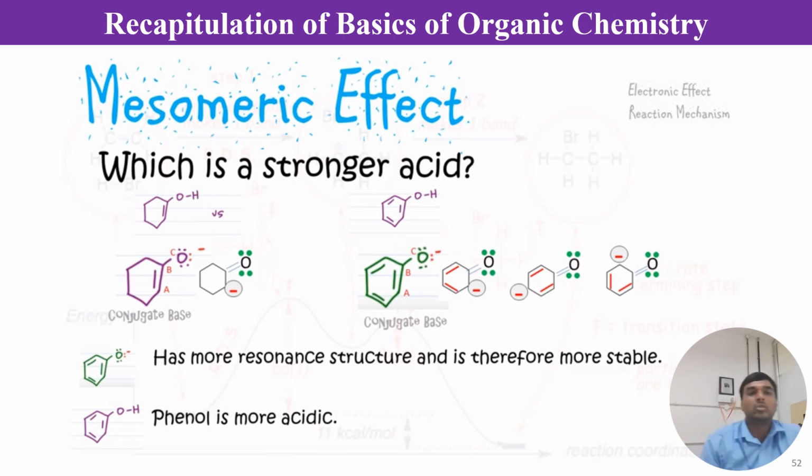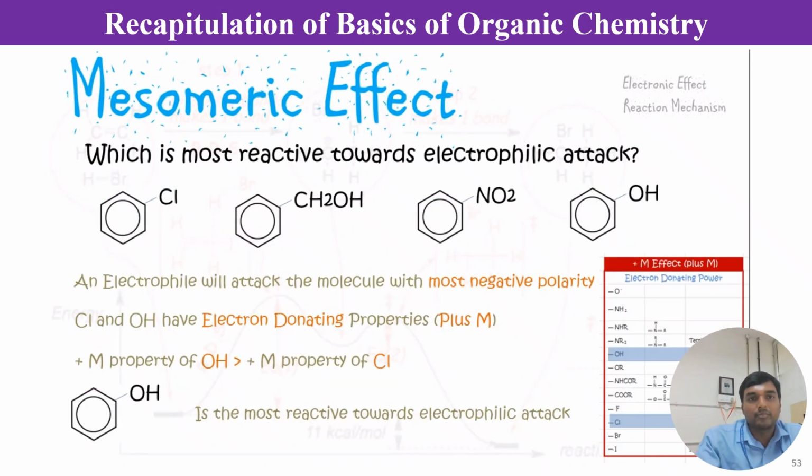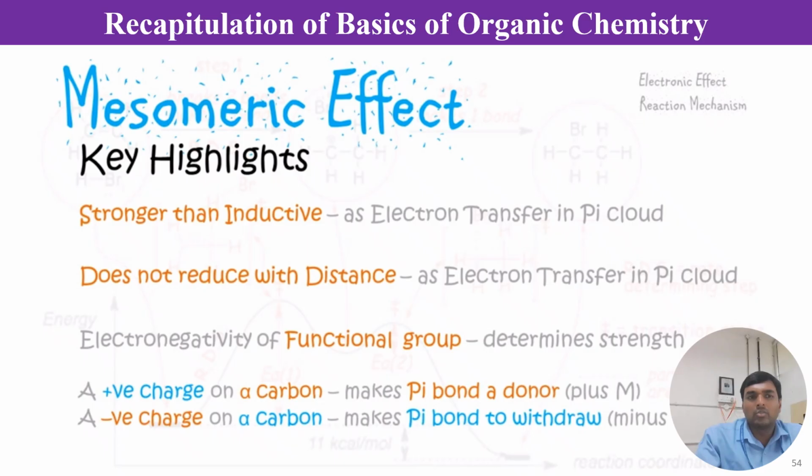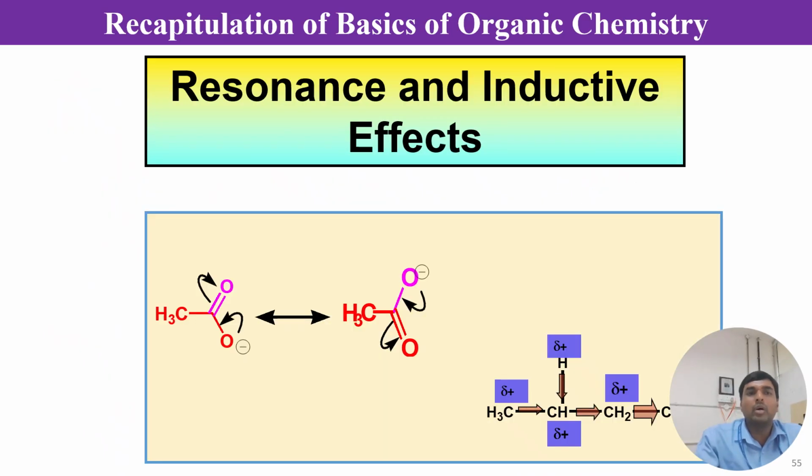Similarly, if we consider phenol and cyclohexanol, the corresponding conjugate base of phenol, the phenoxide ion, has multiple resonance hybrid structures, and that will stabilize it compared to the cyclohexanolate ion. As a result, phenol is more acidic than cyclohexanol. Similarly, there are several examples we can discuss. So one thing is that whenever you have resonance effect,